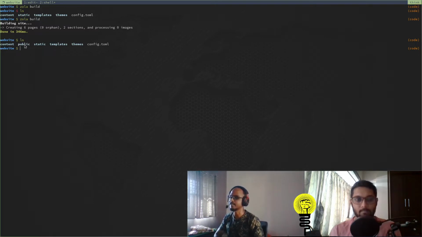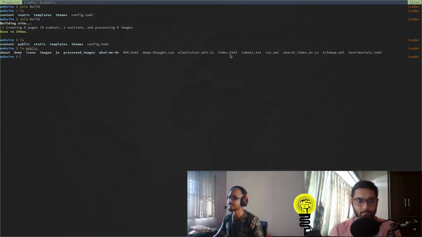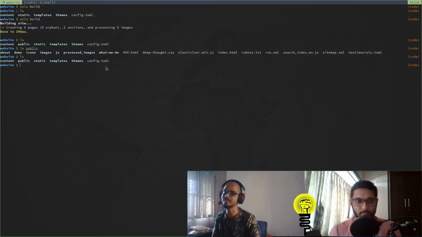It has all the static files required for your website to run. If we check the content of public, you'll see there is an index.html and then JavaScript, CSS files, etc. Just this directory is enough for your website to work. This step of running the build locally is not required, but it can be used to check whether your website is building properly or not, if there is any issue or not. Now our website is working, we can do the release build and it works fine. We can see all the files created, etc.